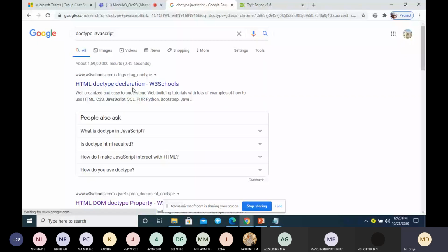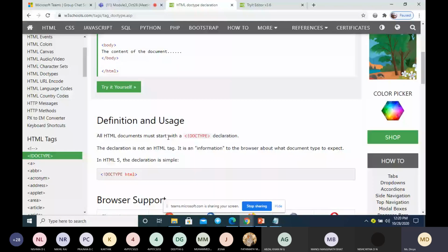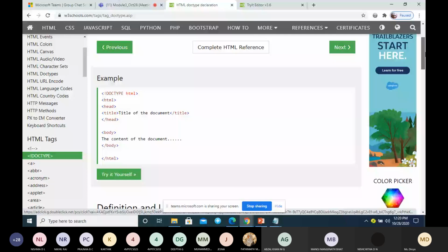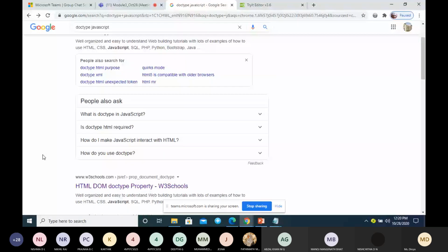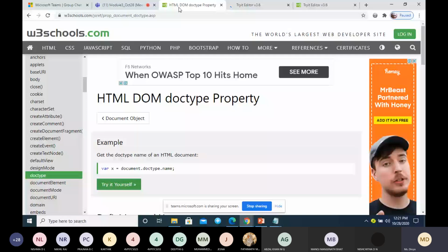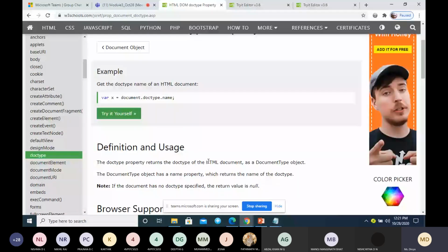Now this doctype property: all HTML documents must start with a doctype declaration. The doctype property returns the document type, what type of document this is, whether it is a JavaScript, a PHP, or an HTML document type.